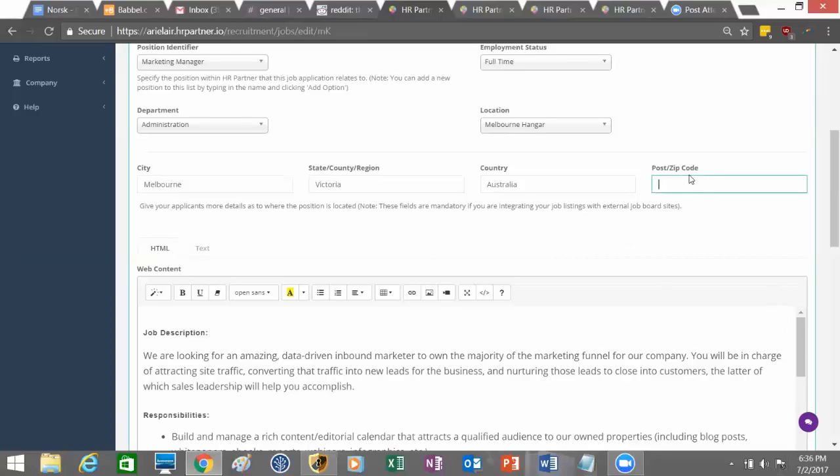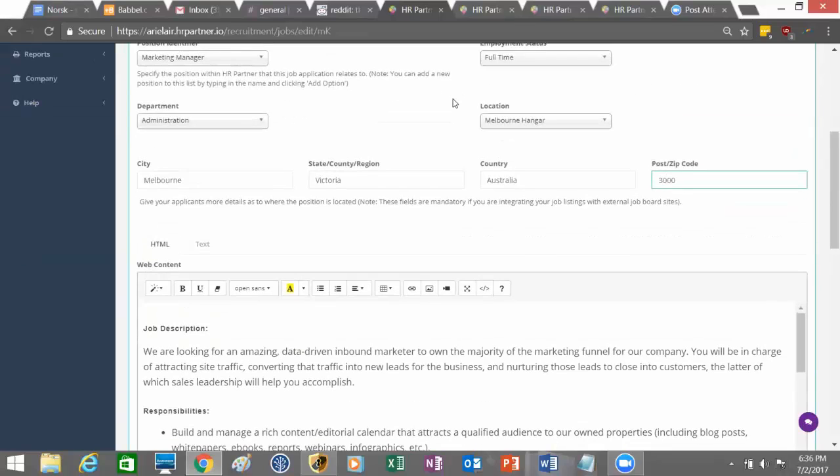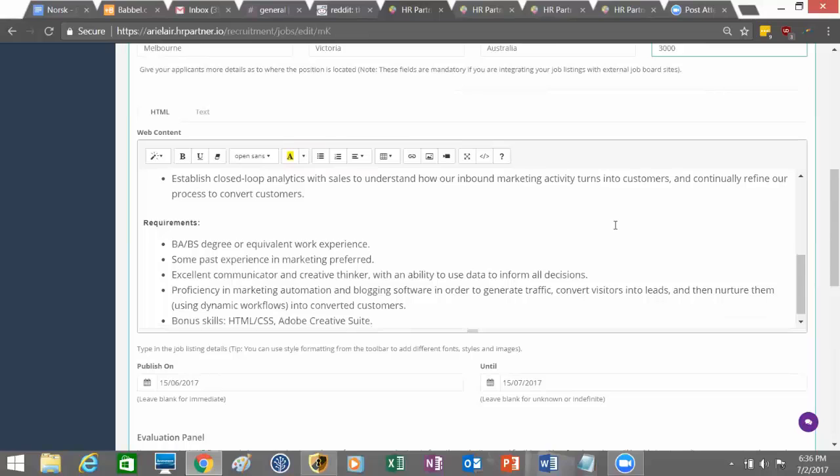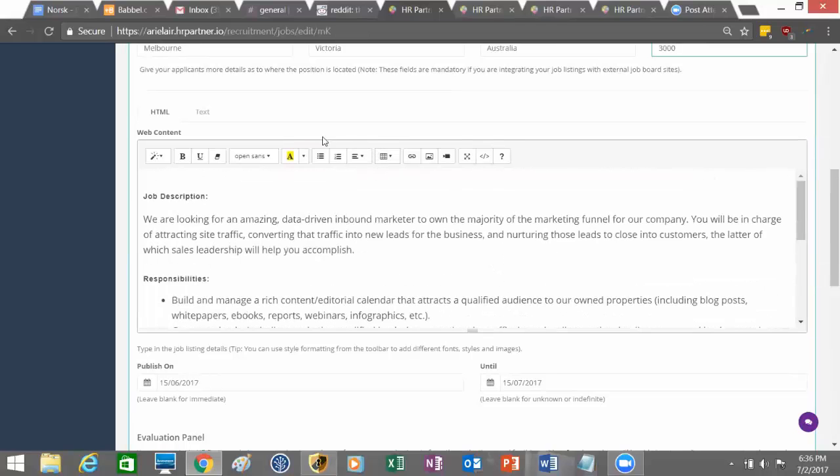If you're integrating with external job board sites like Glassdoor and Indeed, you'll need to have the zip code filled out. Underneath this is where you'll write the job description, and here you can get as detailed and as long as you'd like within the description, and you can actually even copy and paste over jobs that you've already created in the past and reuse them, or you can just go ahead and type in the job description from scratch